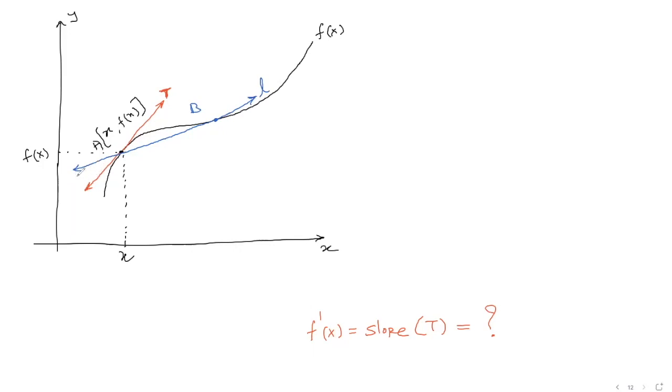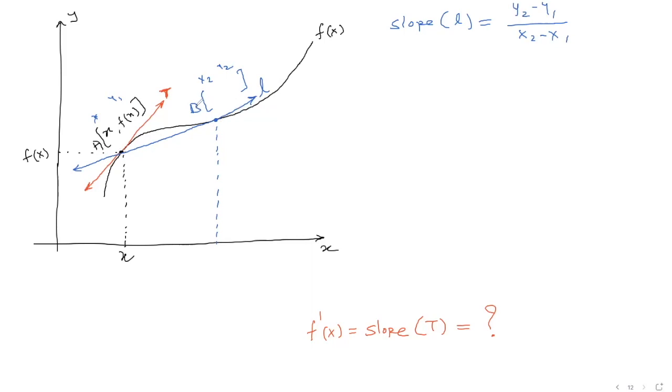Can we find the slope of this line L, the blue line here? You need to know the x and y coordinates of point B as well, because we know that the slope of line L can be found using y2 minus y1 divided by x2 minus x1. This is our basic formula for finding slope. You already know x1, y1, the coordinates of point A. You just need x2, y2, the coordinates of point B, and then you can easily find the slope of line L, or this segment AB.